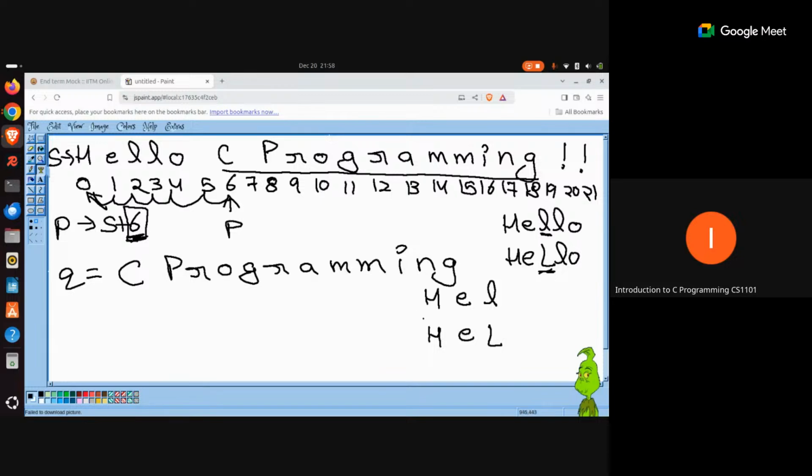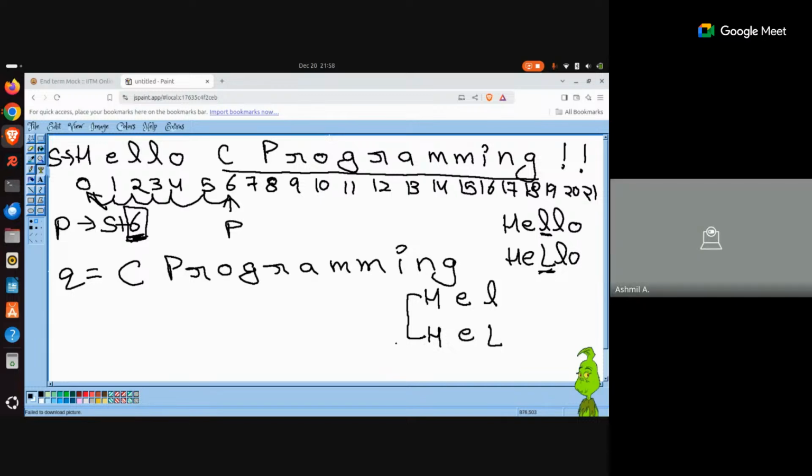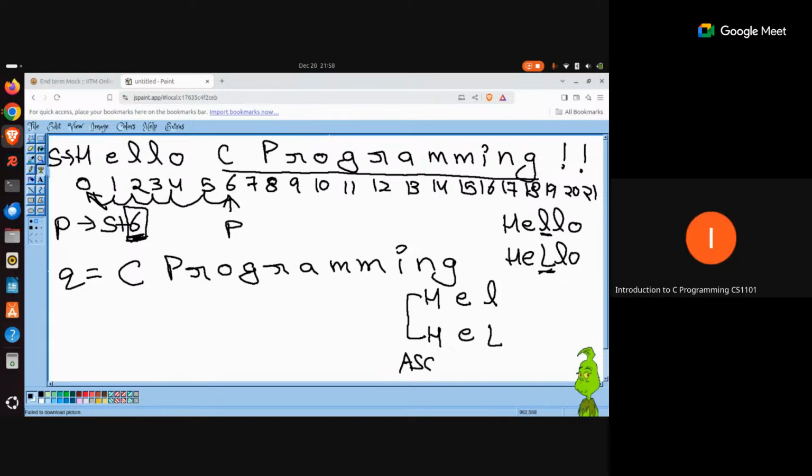Now remember, what was it actually comparing here? Can someone tell me what was being compared when this H and H were compared? The ASCII values. The ASCII value was actually being compared. The ASCII value for H is of course going to be the same for H, and for small e it is going to be the same. But the ASCII difference between a small and a capital letter is 32, right? Because capital A is represented with the ASCII value of 65, whereas small a is represented with the ASCII value of 97.